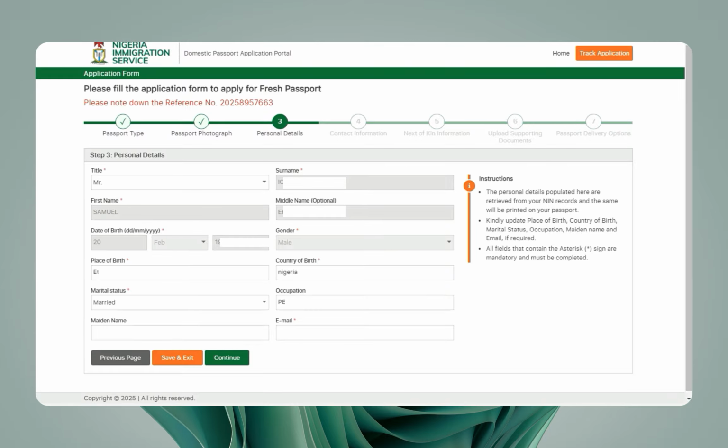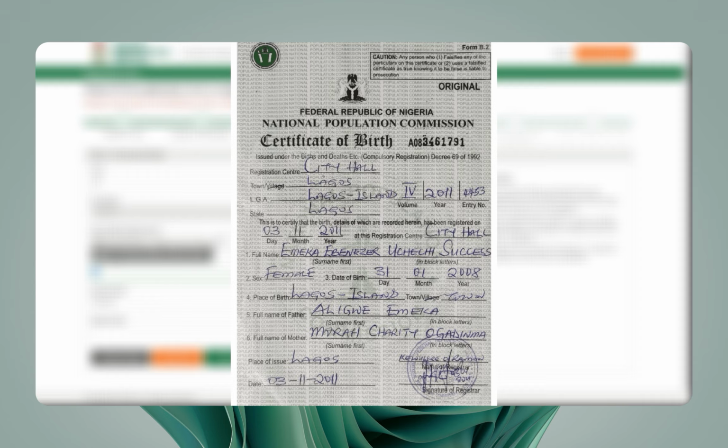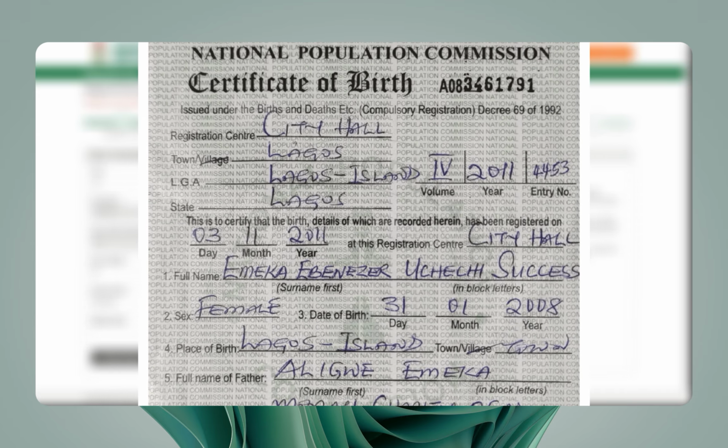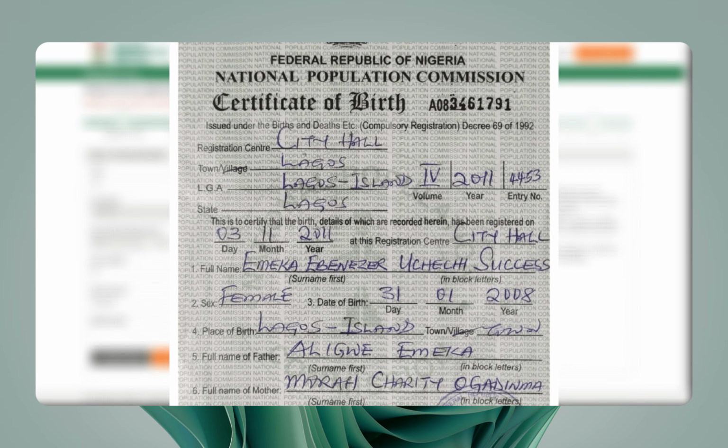So let's just bring up a sample birth certificate so we can see how to properly fill in the place of birth. Now, obviously, this is just a sample birth certificate. If we should zoom in right now, you can see it says the registration center, which is the city hall, the town or village, and the local government of origin. Now, for your place of birth, you have to enter in the location it says in the town/village row. In this case, it says Lagos,